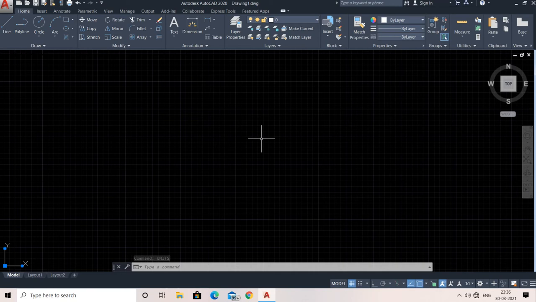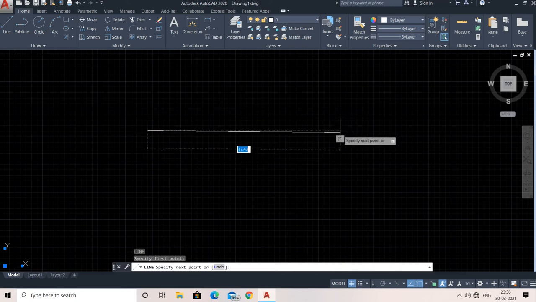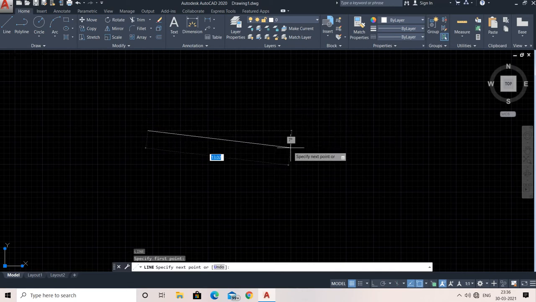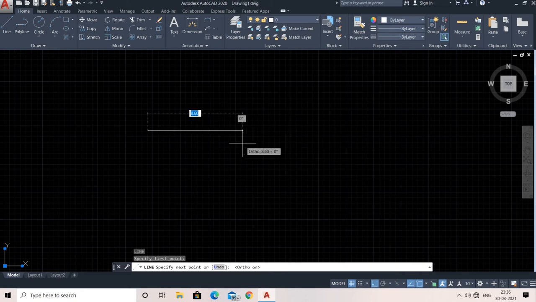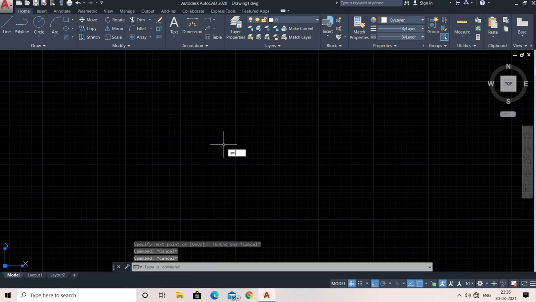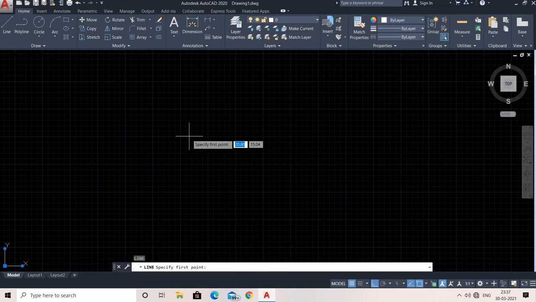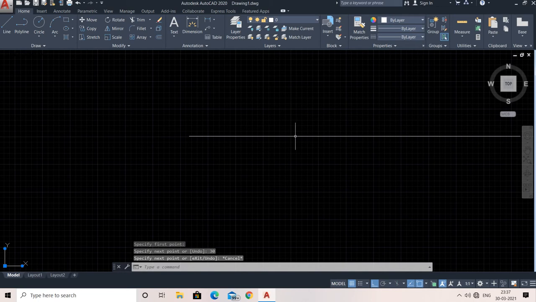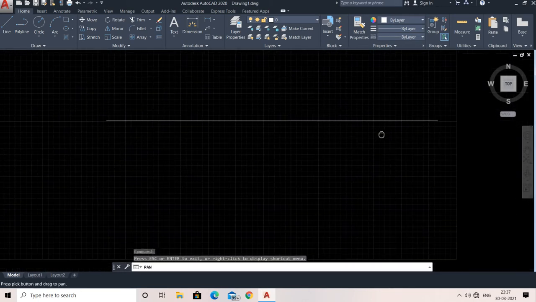Now suppose I am going to draw one line. The line will be in feet, right? I have already told you. For ortho mode you need to turn it on. I'm going to go to unit once. This is in mm, right? It takes the smallest unit. So I'm going to take a line of 30 mm. You can see how much it is. This is my palm. If you want to drag it like this, you can do.